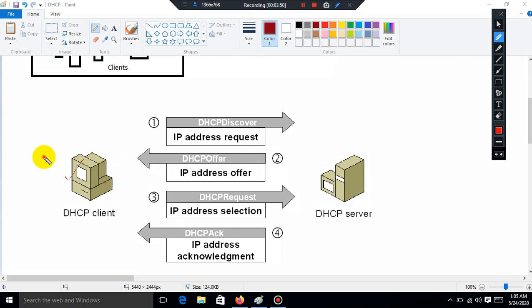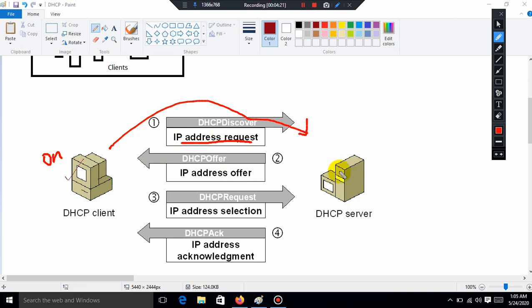So whenever we power on the device, it sends a DHCP discover message, and this is a broadcast message. Here this client is requesting an IP address. The client is telling us, I don't have an IP address, I need an IP address, so it generates a DHCP discover message to the server.